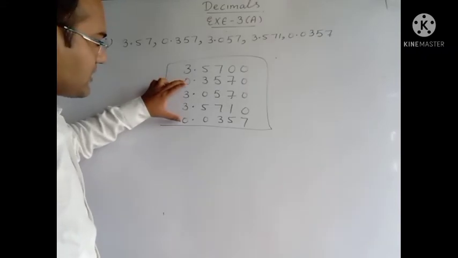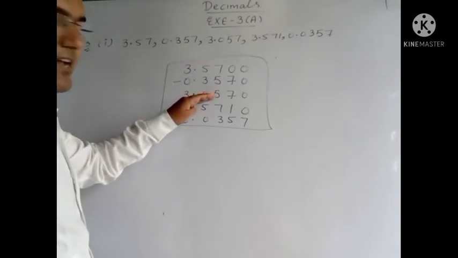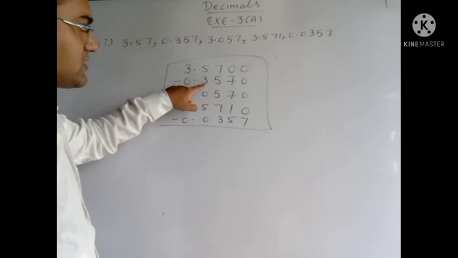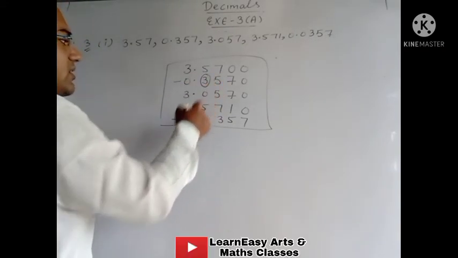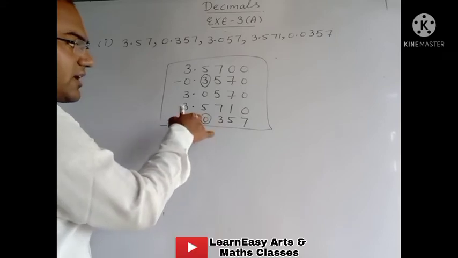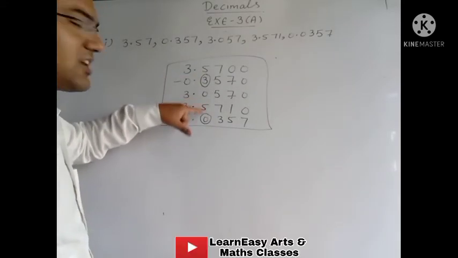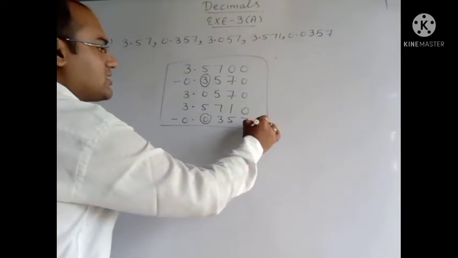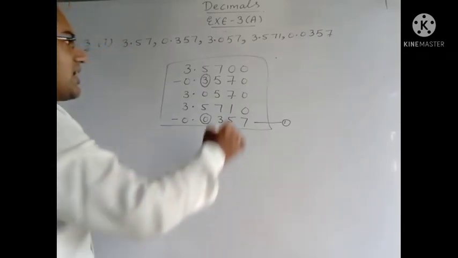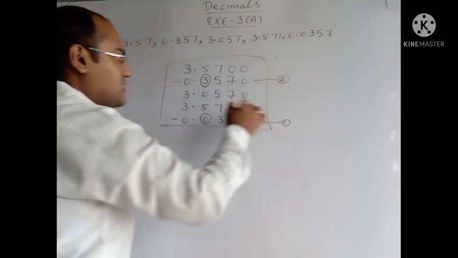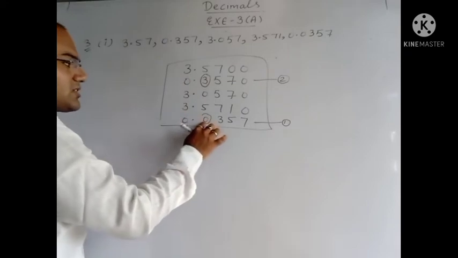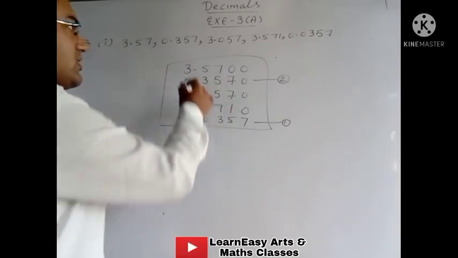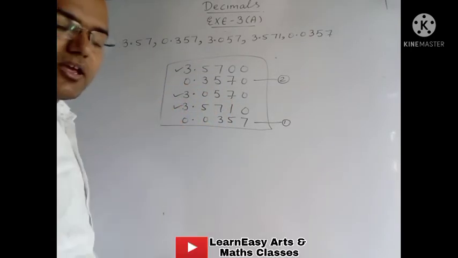So what we will do, among these two we will move to the next place, on the right side of the decimal. After the decimal in this number you will observe 3. Now in this number after the decimal we will observe that here it is 0. So among them which is the smallest number? 0 is the smaller number. That means in ascending order this number we have to write at first place. Then after that we have to write this number at second place. Now the role of these two numbers is over. Now we will not take these two numbers. Now we will check another number. Now these three numbers are remaining.